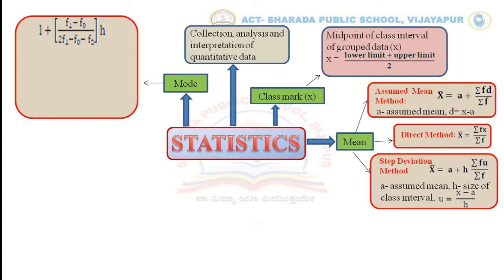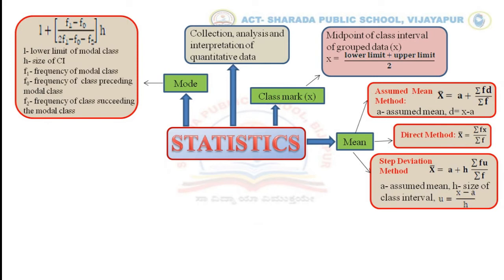For the grouped data, we have a separate formula to find the mode, which is given as shown in the PPT. It is given as L plus F1 minus F0 divided by 2 F1 minus F0 minus F2